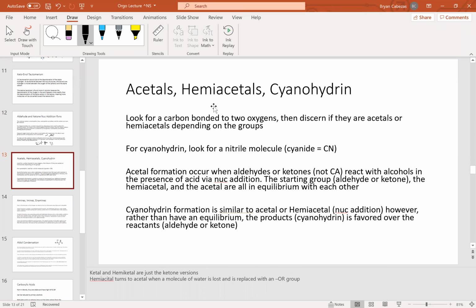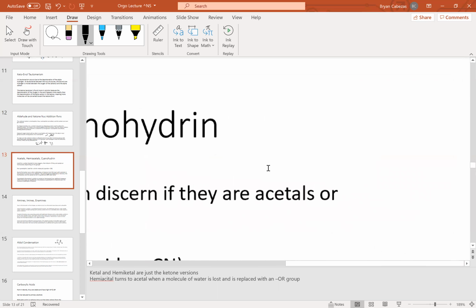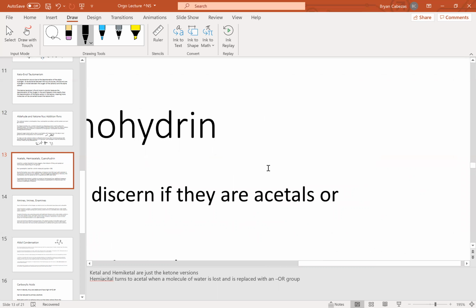Okay, the next thing we're going to be talking about is acetals, hemiacetals, and cyanohydrins. So just to note what those groups look like. Whenever we talk about an acetal, we discussed this in our first lecture when we had functional groups. An acetal is just two OR groups or two ethers attached to two other R groups, or